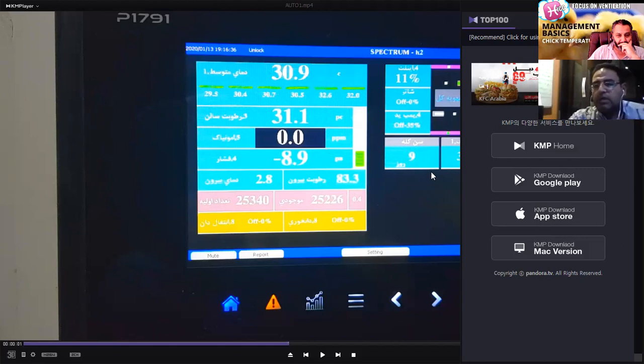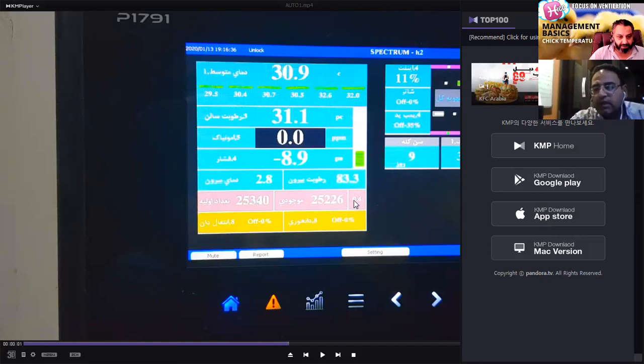Now the age of the bird is 9 days, and the inlet is open 11%. Summer shutter closed, and I must show you, we have 25,340 birds in the sheds.